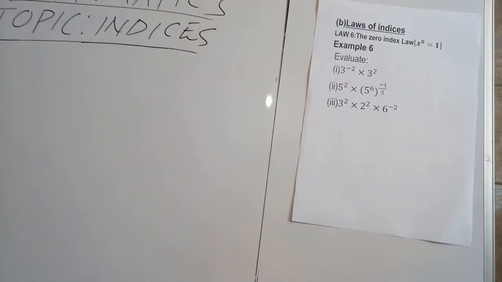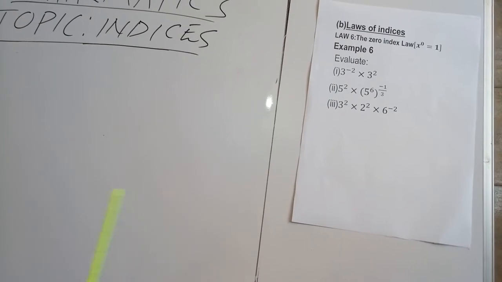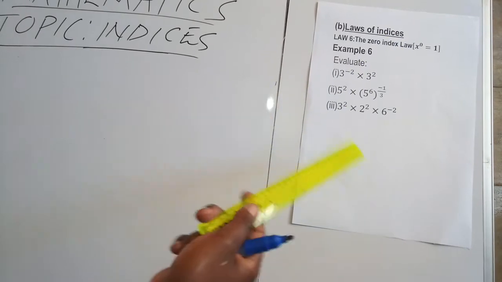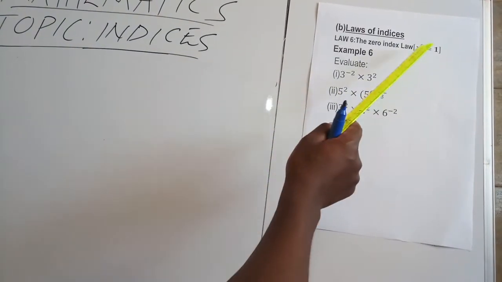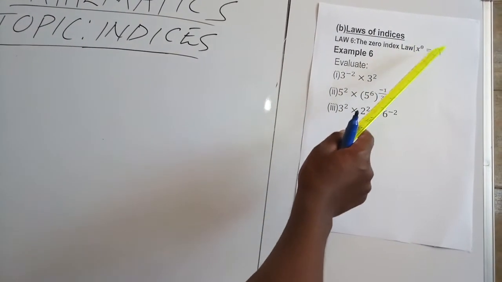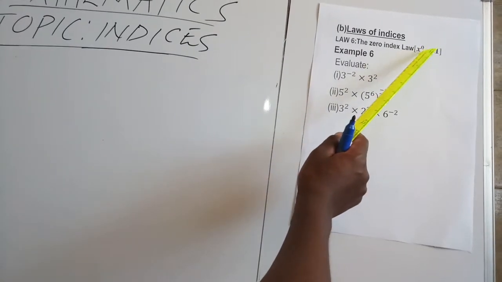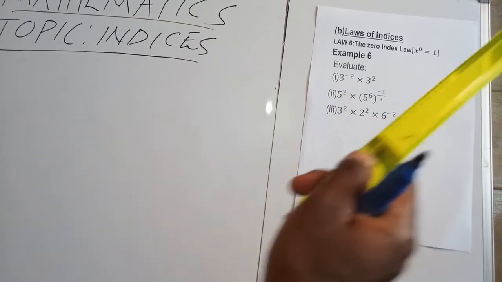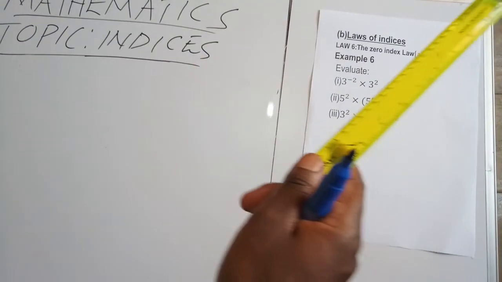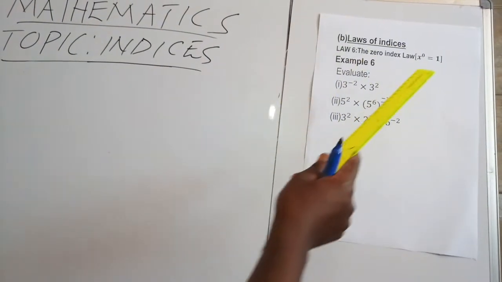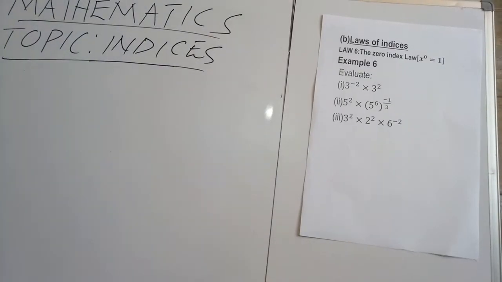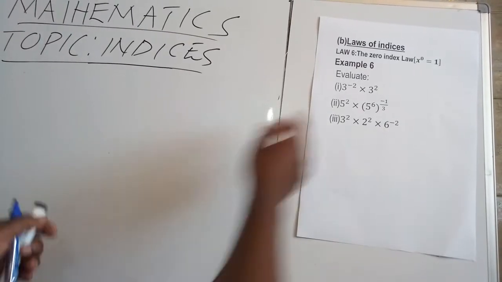Now we go to the coverage of our 6th law, which is called the zero index law. So what does the law say? X power 0 is equal to 1. Of course, x is any number. It can be an integer, a decimal, a fraction, a third. Any number raised to power 0 is always equal to 1. So I will give an illustration before we tackle